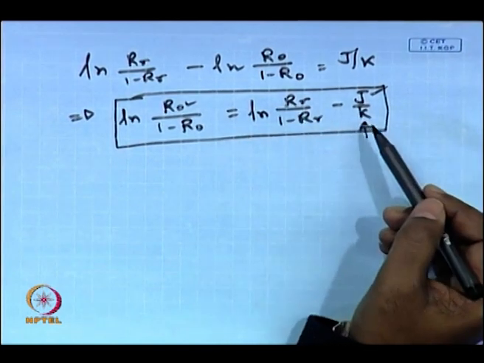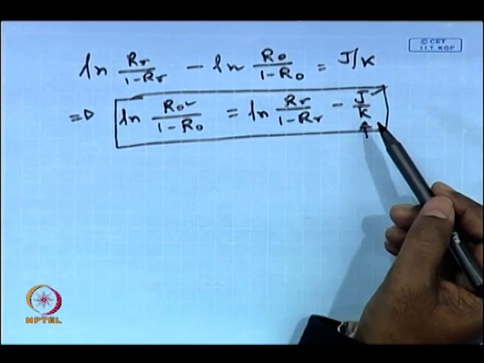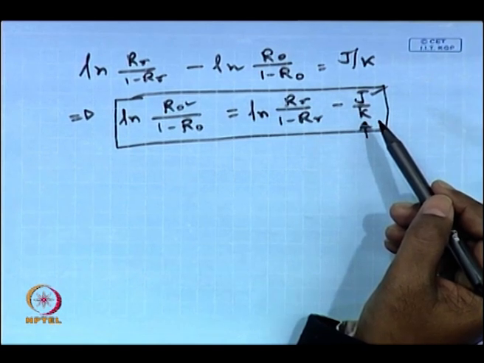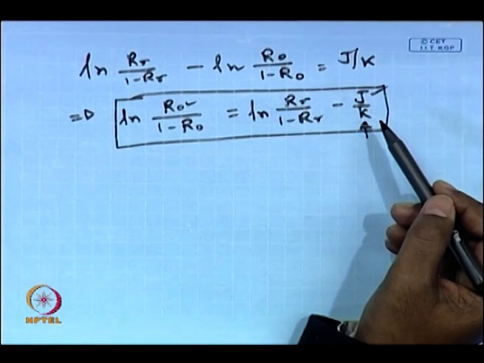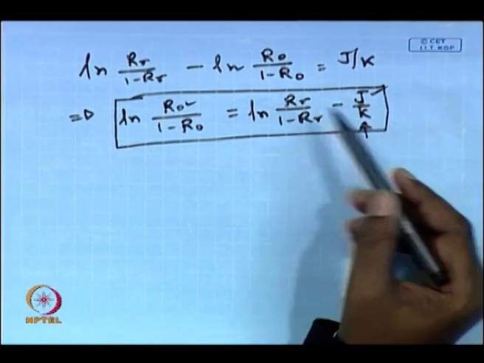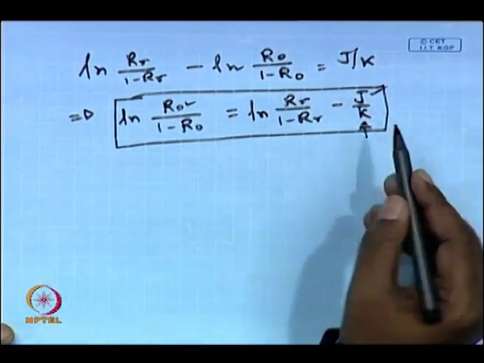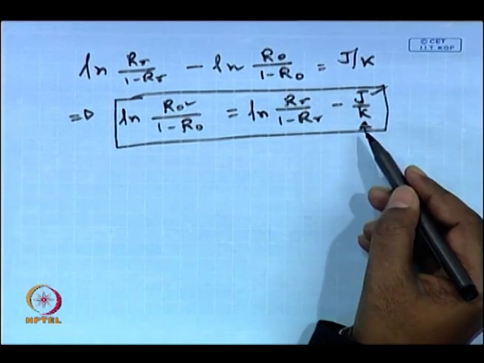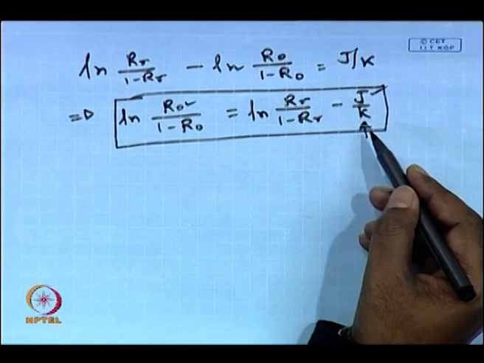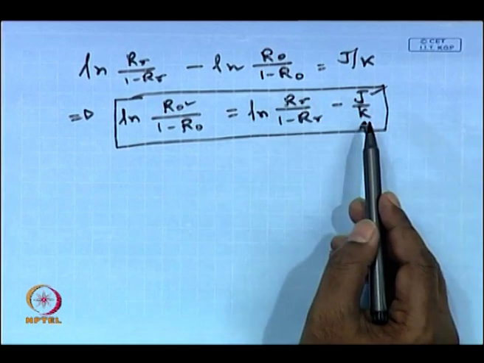In a cross flow system with a rectangular or a tubular geometry, one can vary the cross flow velocity by changing the pump setting. So, one can generate various levels of turbulence in the cross flow system as well and measure the value of J and observed retention. If you change the turbulence or velocity in a rectangular cross flow cell, you can generate various values of R naught and various values of J by K.